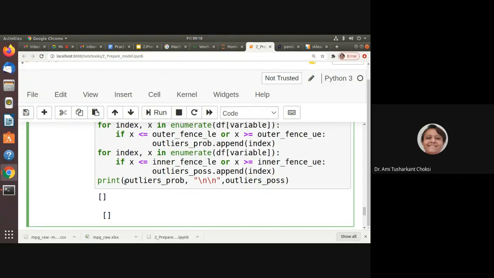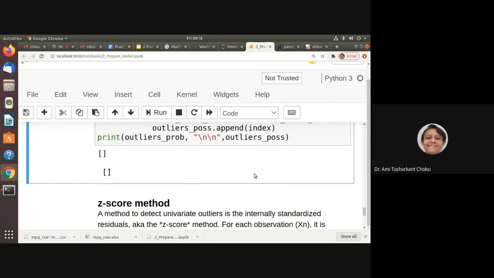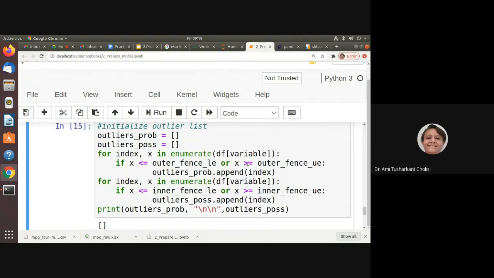So after that, we'll print what values they have, so we'll be able to see the outliers. Fine, let me run this. Here we do not have any outlier, right? So now what you have to do is use this for your own data set. Try this and tell me whether you have outliers or not. If there are, we'll have to remove them, or replace them with mean, median, mode or any common value. So that's what we want to detect, and after that we'll be able to replace them.